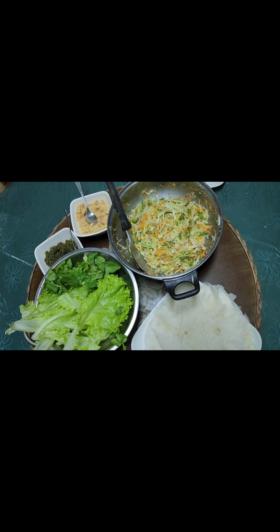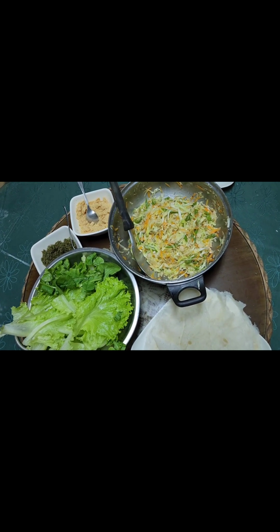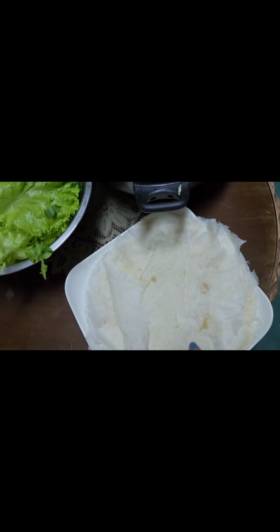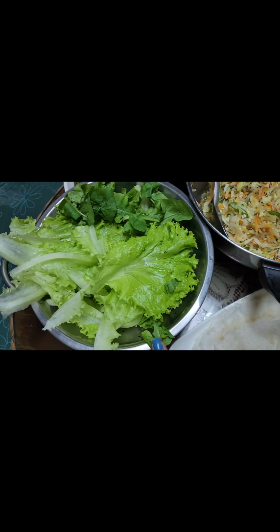We're gonna make lumpia sariwa or fresh lumpia. So the makings are mixed vegetable, lumpia wrapper, which is fresh, not like the one we have frozen, lettuce,